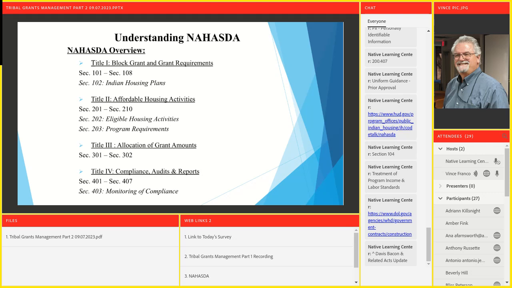And I have to share with you the fact that the Native Learning Center is a model activity. So it falls under the NAHASDA, but it's a very unique animal, right? Because they don't have any real low-income housing. So they're still eligible for the IHBG, but they're considered a model activities program, which meets one of the definitions of eligible housing. That's number 6. And then 7, 8, and 9. 7 is Community Development Demonstration Project. 8 is Self-Determination Act Demonstration projects. And 9 is Reserve Accounts, which we don't really delve into.